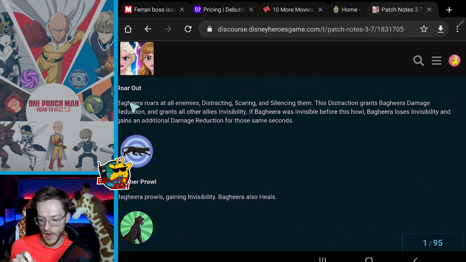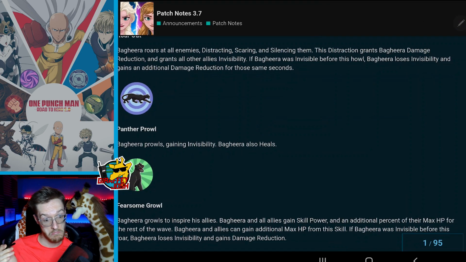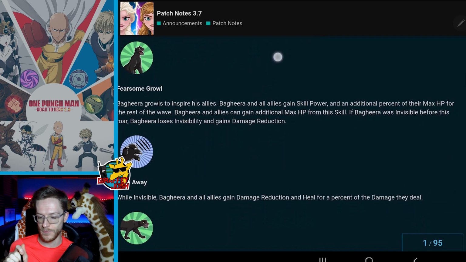So you could use that one, make the whole team invisible with his white skill. Then when it runs out, he goes invisible again. And use Kermit, make him invisible again. So pretty cool, actually. Especially the fact we're going to see the whole team go invisible there. I'm scared because he seems like he's going to be one of the new metas to rinse my team in the